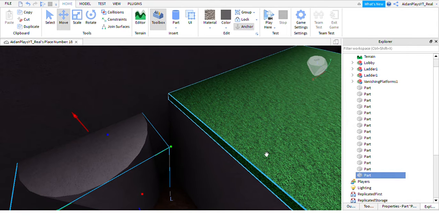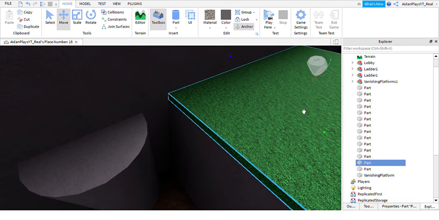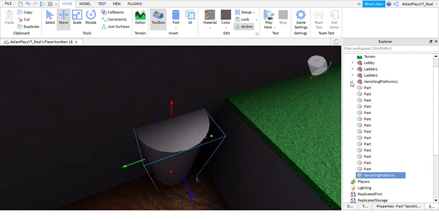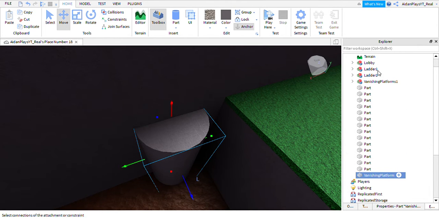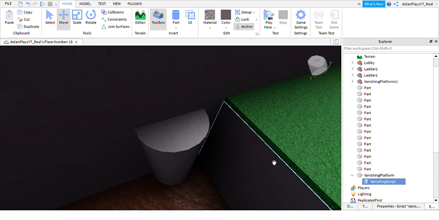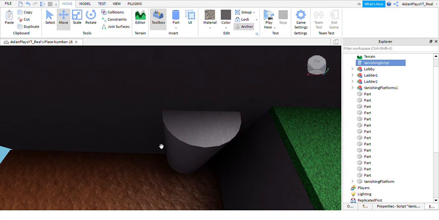Bam. Okay, so we have the part again. Call it a vanishing platform. It's the exact same thing, except okay. So now you want to push. Weird. So. Okay, wait. Actually, oh wait. I think I know why. You have to copy that. I'm going to try copy. It might have just not done. Paste info. Now we have the script. Okay. So now the script should work to where we can,